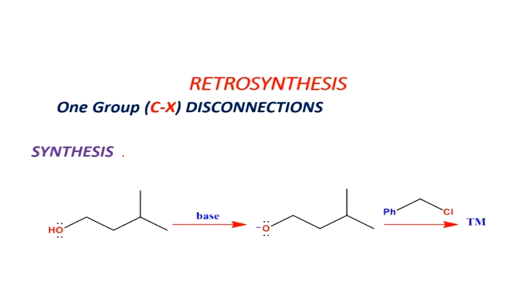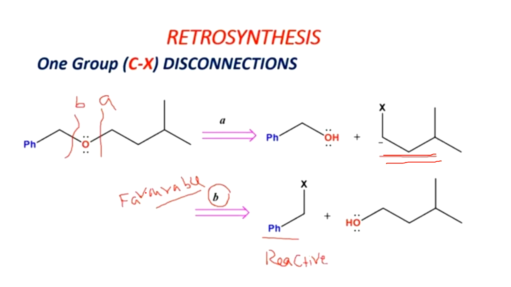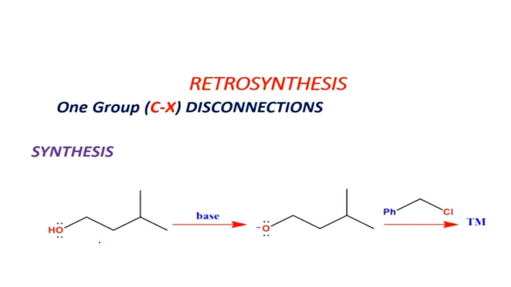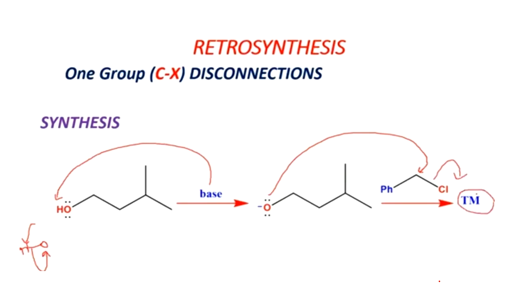So after that we are doing a fragmentation like this. We know that the end product of our retrosynthesis would be the starting material of our synthesis. So in this case, when the base reacts with this, the base can abstract this hydrogen atom from this compound, then the negative charge attacks this compound and this chlorine group will be removed. We have to know how the reaction occurs. When the chlorine group is removed, we get our target molecule.